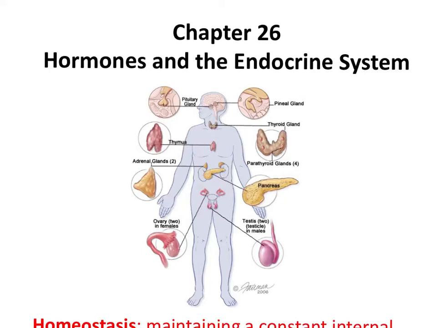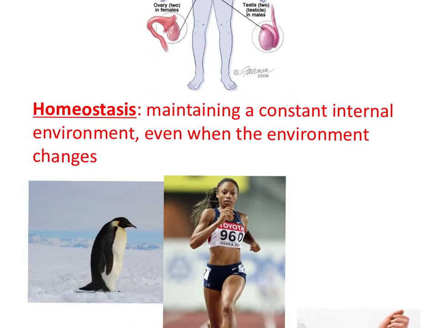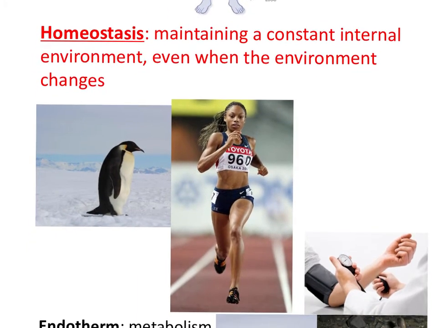This video is chapter 26, part 2, all about the endocrine system, specifically focusing on homeostasis, positive and negative feedback. To remind you, the endocrine system is all about hormones. Hormones are proteins that are released by a cell. That hormone then travels through the bloodstream where it reaches a target cell. That target cell has a specific shaped receptor that allows the hormone to bind.